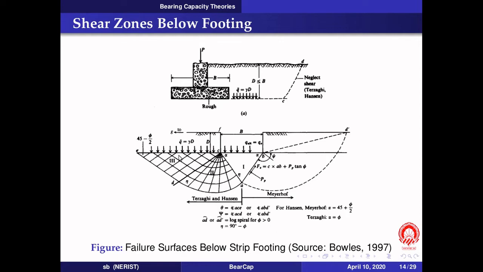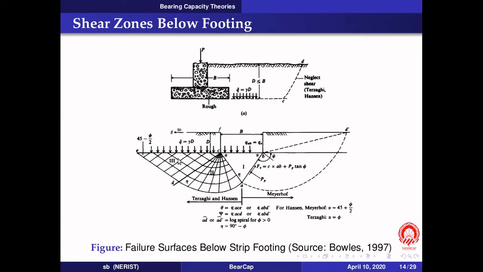That means the soil is at the stage of plastic failure, and this zone, denoted by zone 2, is characterized by a spiral kind of failure surface. Usually they are assumed to be logarithmic spirals, and the zone 3 here